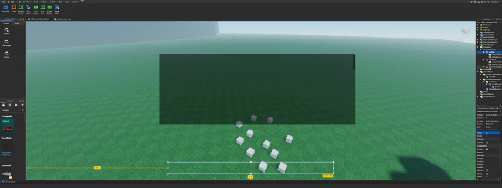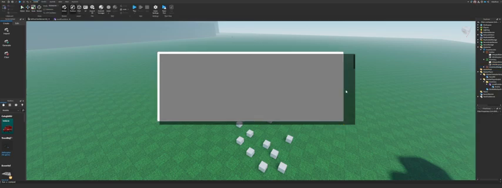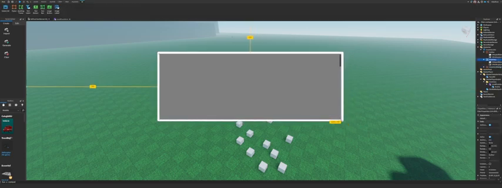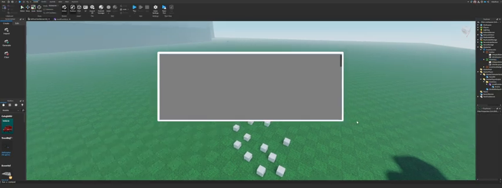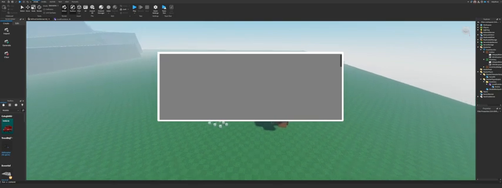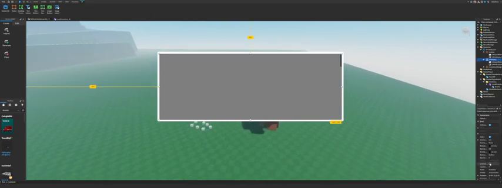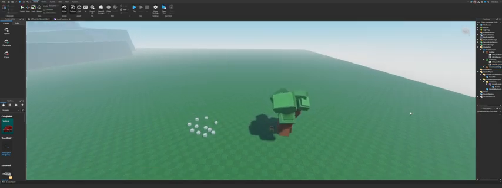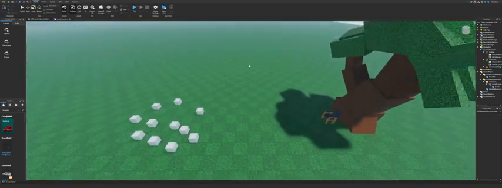Oh no, not hotbar this. Okay, so I have to scale this back. I think it was 4. I'll just do it until it looks right. Yeah, that's good enough. All right, back to invisible. Same with here, I should say. Okay, so